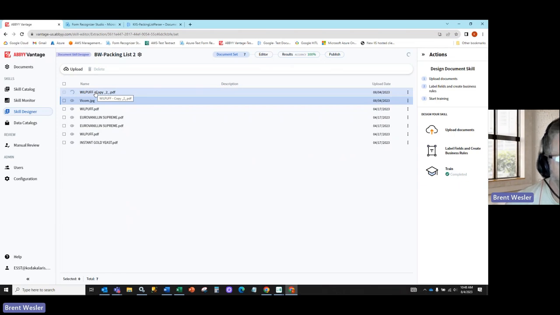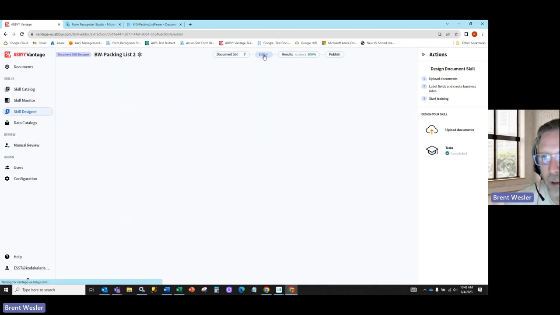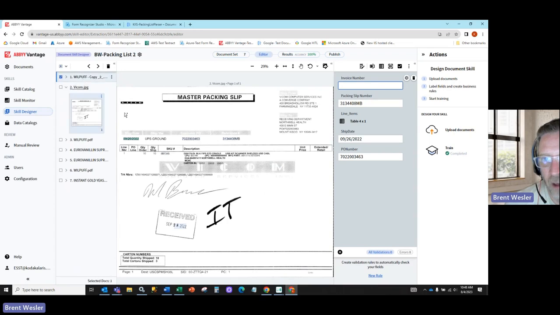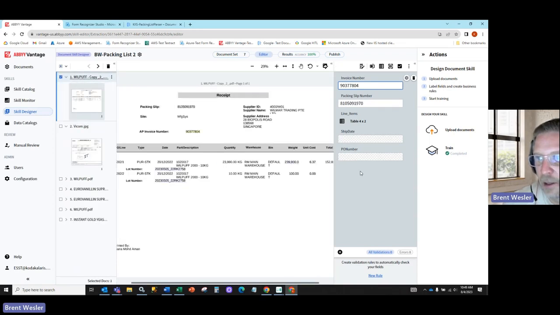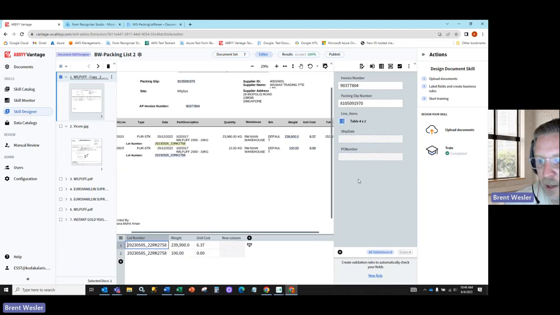So we'll come and grab a sample document. So we're going to bring in this document, WillPuff here. You do have to have different file names. So you notice I've already brought that in and trained it. It's being uploaded. Once it's uploaded, I can go to the editor and you'll see that I click on that document, how it automatically extracted some of that relative metadata. And you can also notice how it was smart enough to deinterlace the lot number, which is a following line